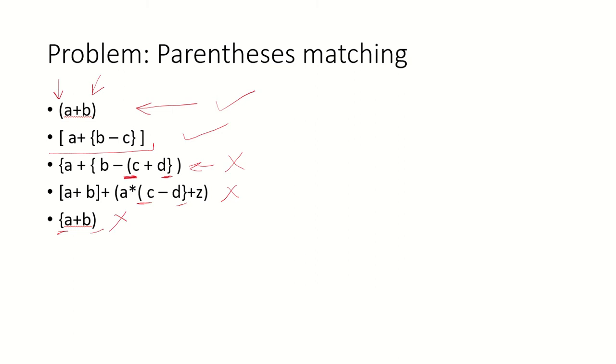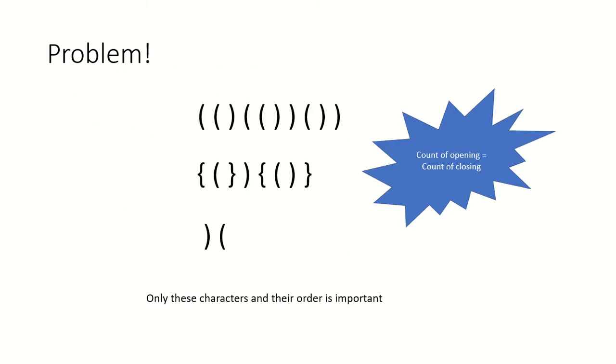So ultimately the problem boils down to removing the operands but taking only a look at the brackets which are present over there. So suppose we keep a count variable and every time we have an opening bracket, we will increment this count variable by 1, and every time we have a closing bracket, we will decrement it by 1. So if in the end our count variable is 0, we should be able to say that it is balanced, because the count of the opening is equal to the count of closing.